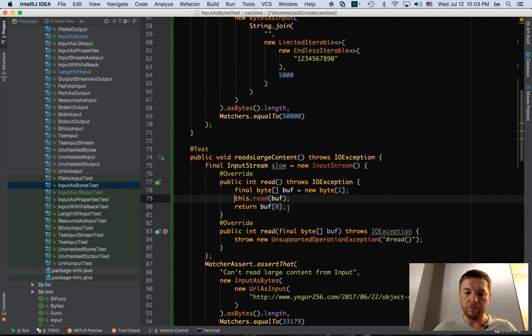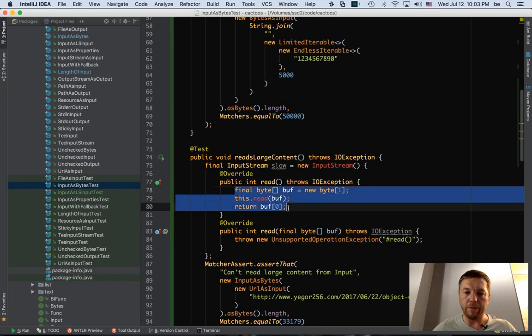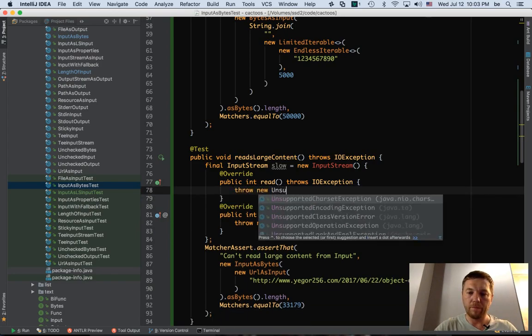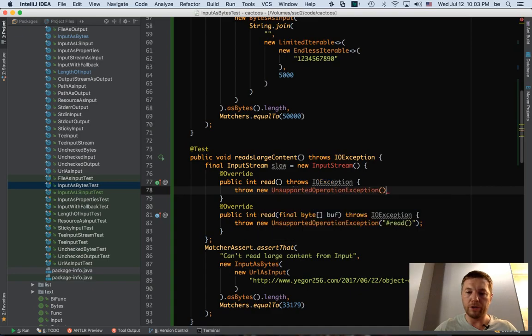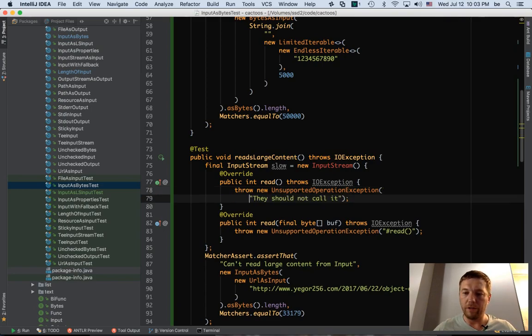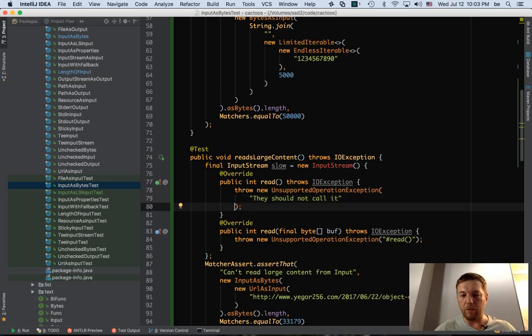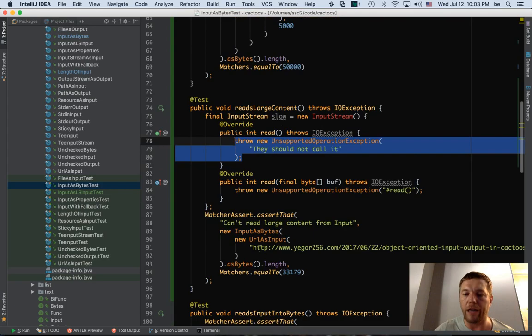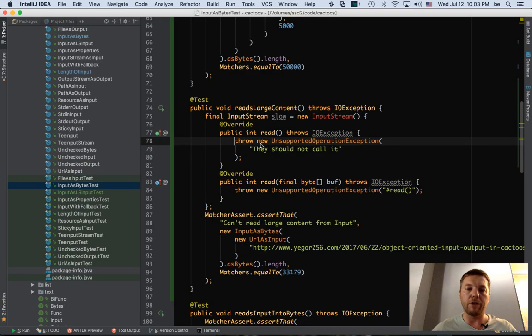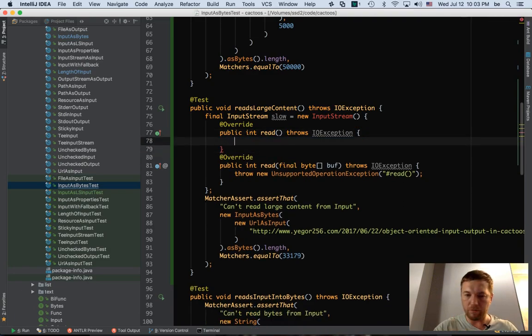No, it's not really true, but nobody's going to use it anyway, so we don't need that method. Actually, we can do it better. For unsupported operation exception, they should not call it. Let's call it this way, because nobody should. It's not a good idea. Actually, we're making an assumption of what's going to happen there, because in the future somebody may change the design. So that's not a good design. Okay, let me fix myself. Let's not make it that way.